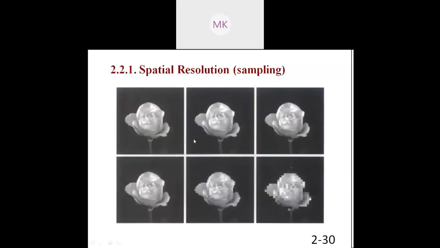This is the example of spatial resolution, which is an example of sampling. In case of sampling, we assign the discrete values to the x-axis. So this represents the sampling. We perform the sampling for the original image represented by different square pixels of the image. These are the samples assigned for the given image.